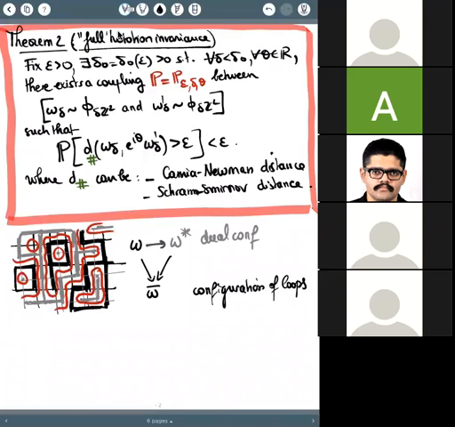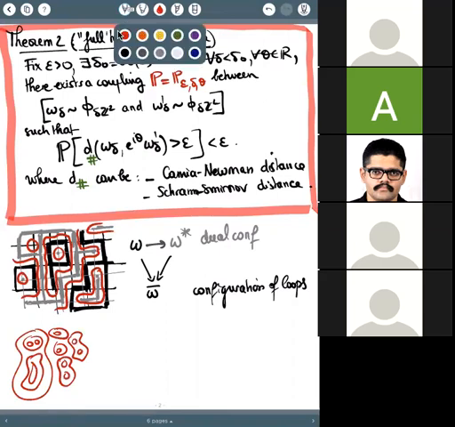I can discuss much more about this, but you can also just trust me that there is a natural way of drawing loops that surround the clusters, that go along the boundaries of the clusters. So the result of this is that you can think of a Bernoulli percolation configuration as just a subgraph of Z2, but you can also think of it as a collection of loops. These loops, if you think about it, are self-avoiding, okay?